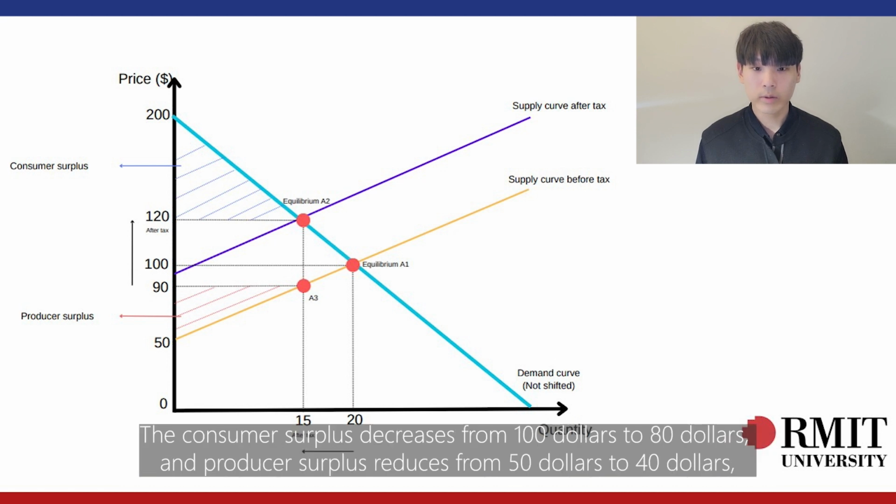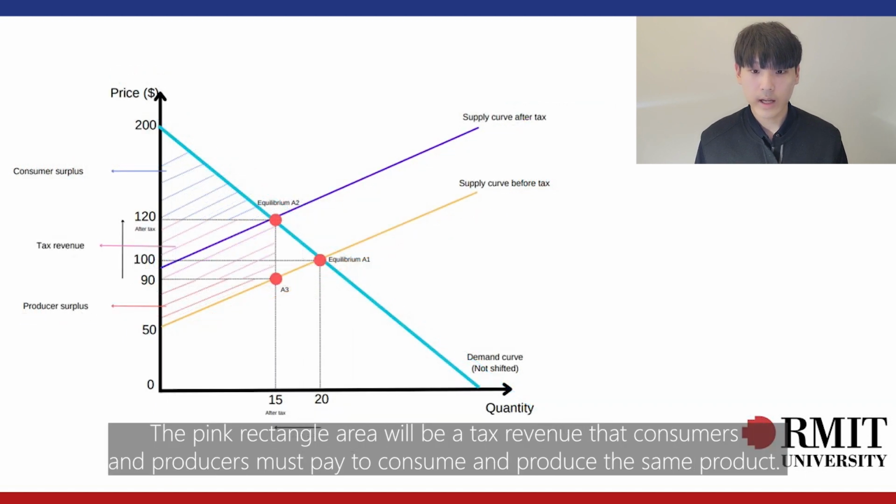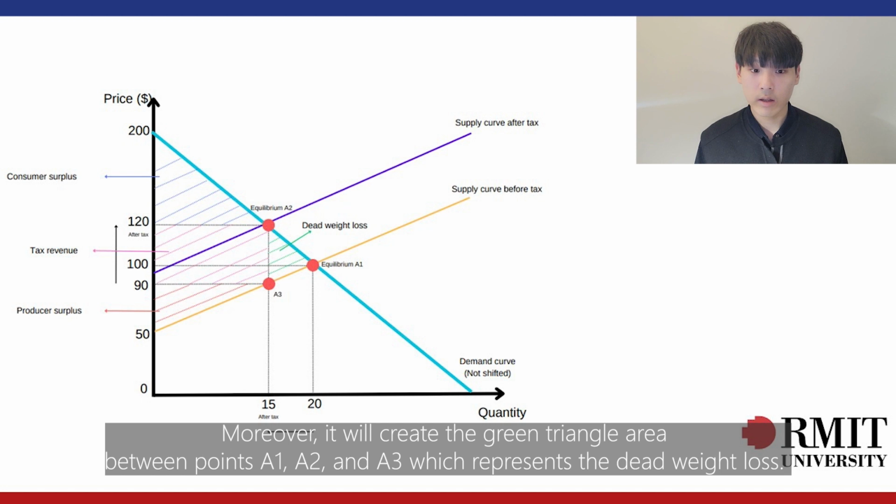The consumer surplus decreases from $100 to $80, and producer surplus reduces from $50 to $40, as $30 will be charged for the tax revenue. The pink rectangle area will be a tax revenue that consumers and producers must pay to consume and produce the same product. Moreover, it will create the green triangle area between points A1, A2, and A3, which represents the deadweight